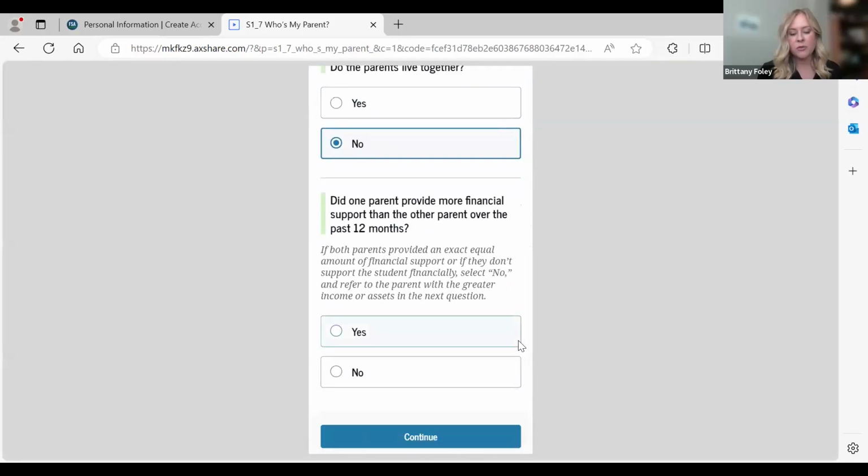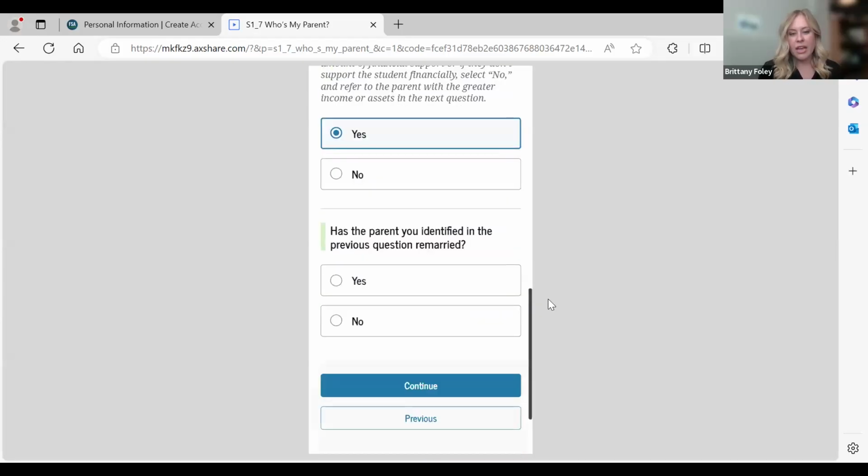And then it's going to ask you if one parent provided more financial support than the other parent over the past 12 months. We'll click yes. And then it wants to know, this is when your step parents would come into play. It wants to know, has the parent you identified in the previous question remarried? If you click no, you will continue on, but if you click yes,